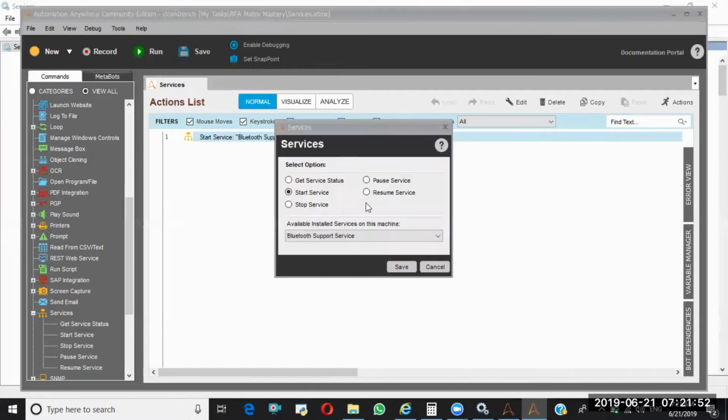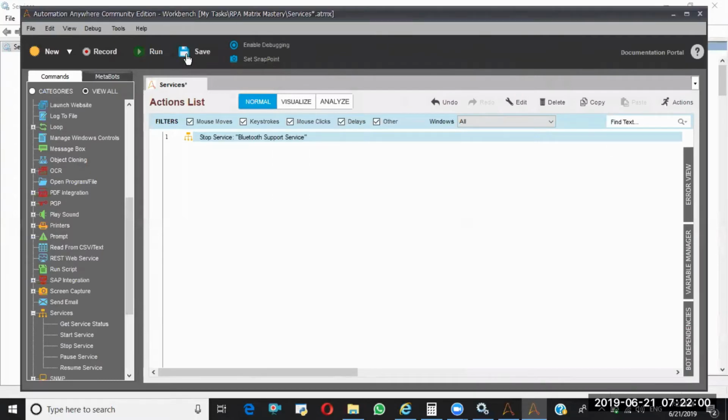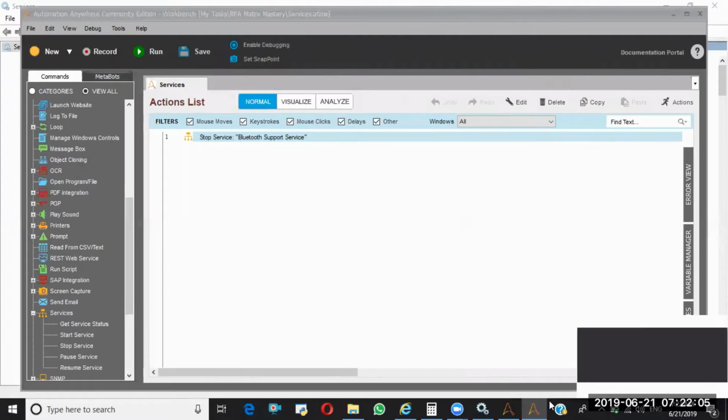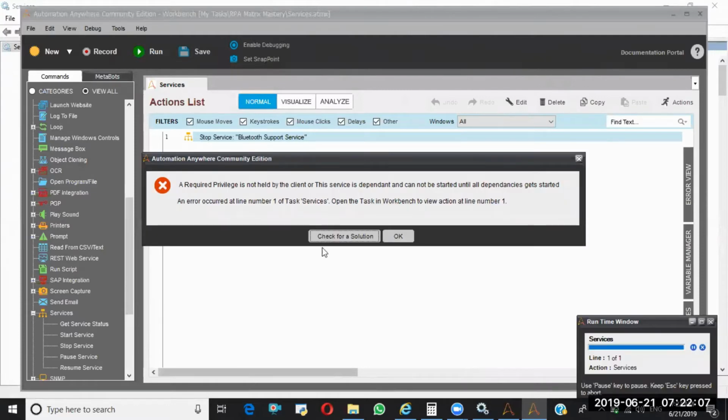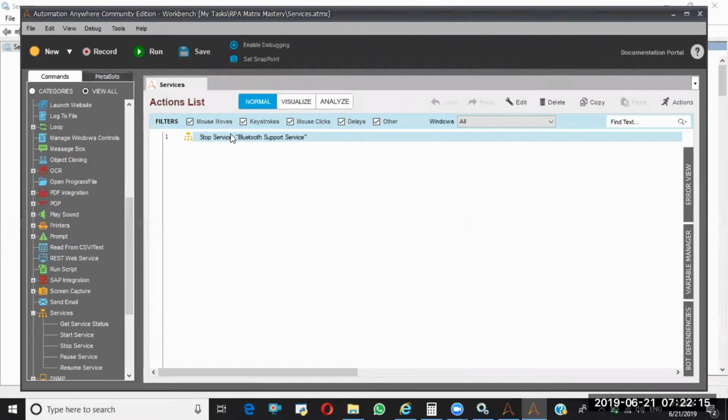As that one is already running, I'm going to stop that service now. So I'm selecting stop service and saving this. Save, run. Okay, our privileges are not enough to stop this service. Let's take another service.